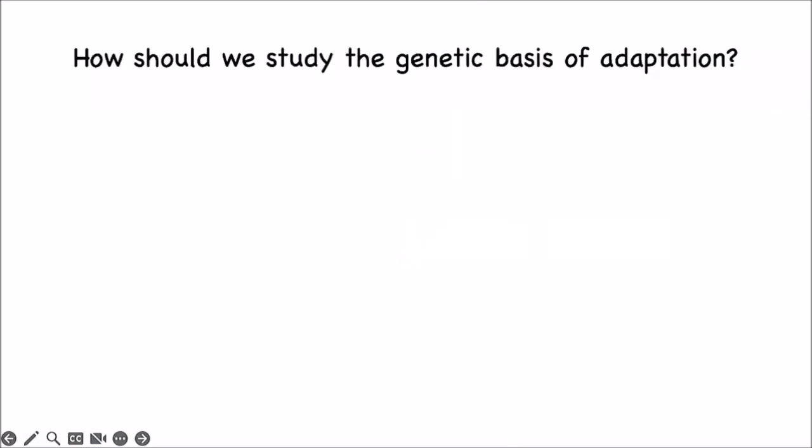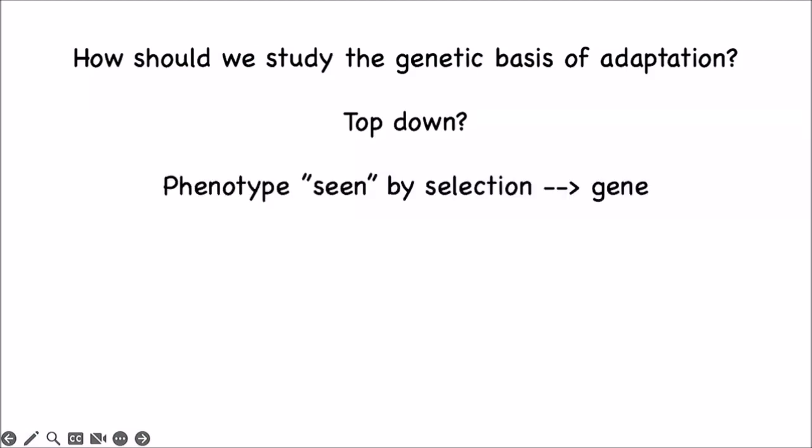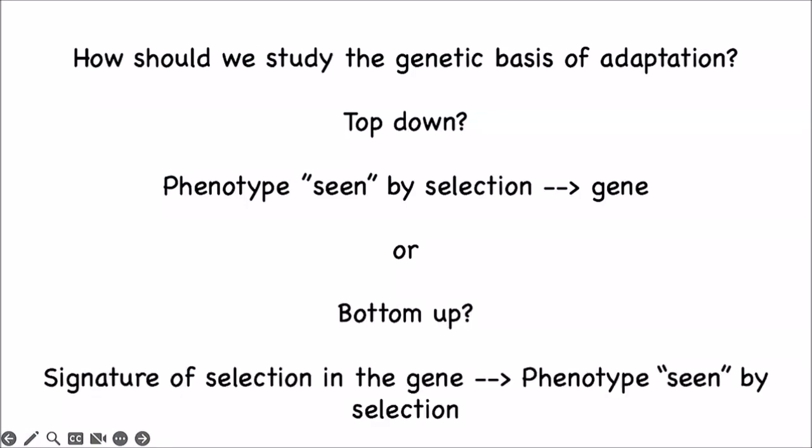Okay, so this raises, of course, the basic question, which you guys have thought about too: how should we study the genetic basis of adaptation? Should it be top down, start with an interesting phenotype and go down, looking at the phenotype seen by selection to try to figure out what the gene is? Or should we go the other way, bottom up, what I call, where we start with a signature of selection in the gene, a prediction of a target of selective sweep or a particular